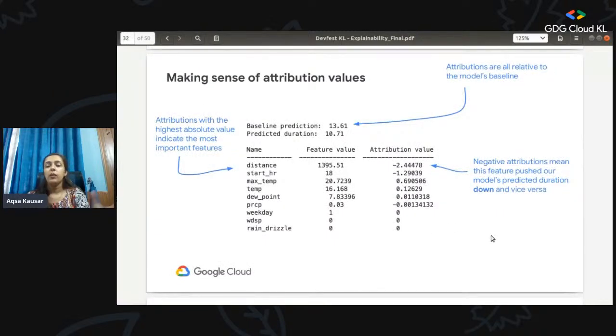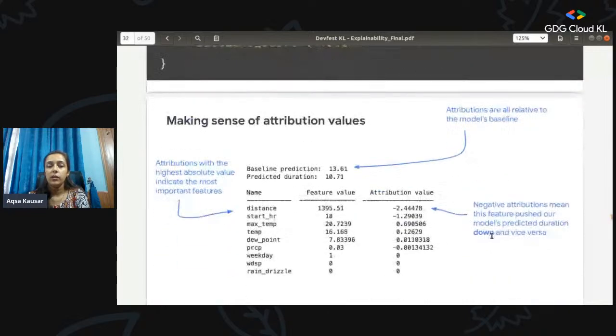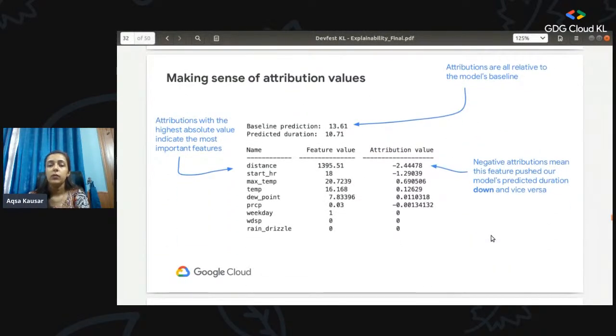Now, making sense of the attribution values, the outputs that you get. For each of these features, you get an attribution value. The attribution value could be either negative or positive. The larger the attribution value, the more important the feature is for that prediction. Negative attribution values mean that this feature pushed down the duration of the bike ride, right? And a positive